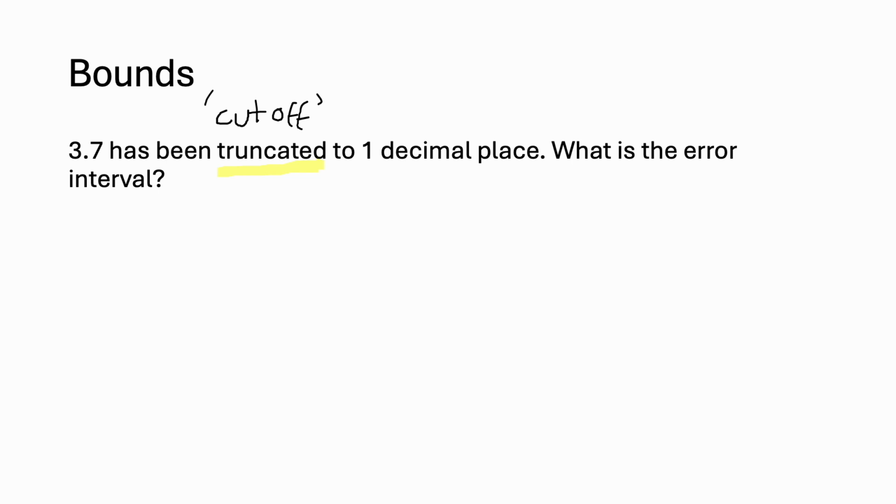that means that our range of values for this to be truncated to 3.7 to one decimal place means that our number can be 3.7, but it has to be less than 3.8. So we have to write this sort of interval here. And the reason why it has to be less than 3.8 is because if we truncate 3.8 to one decimal place, we get 3.8. But if we have a number of